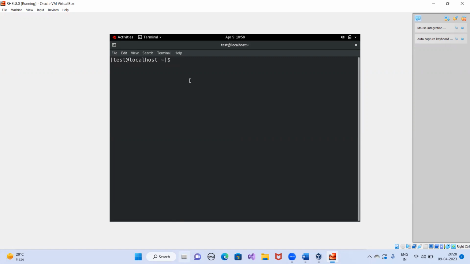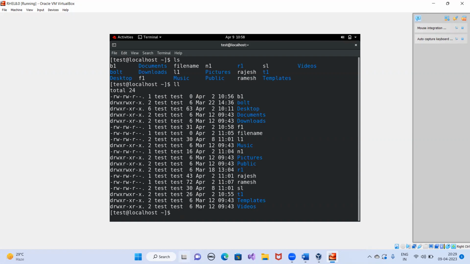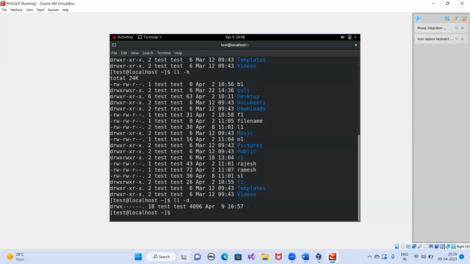See, in case I want to check how many files and folders are here in this Linux machine, how can I check that? ls command, sir. ll, through ll also you can check, long listing. ll -h, you can also check from this command. ll -d, you can also check from this command.